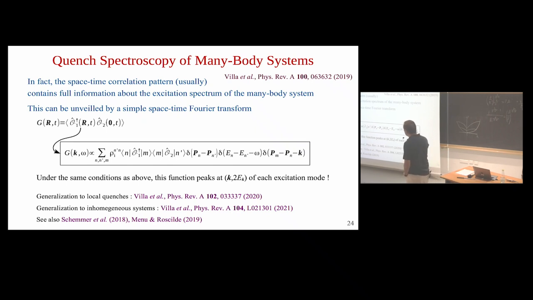Nevertheless, if I make exactly the same assumption as before, that each operator here just generates one quasi-particle in a completely homogeneous system, I know that M will be one quasi-particle at K, and N prime will be a pair of quasi-particles evolving in opposite directions. Okay, so let me show that it actually works very well,